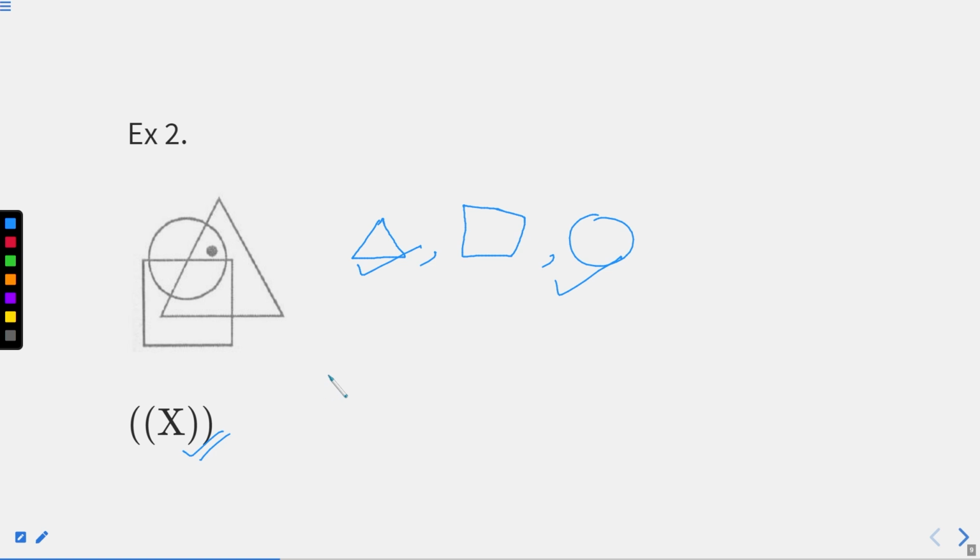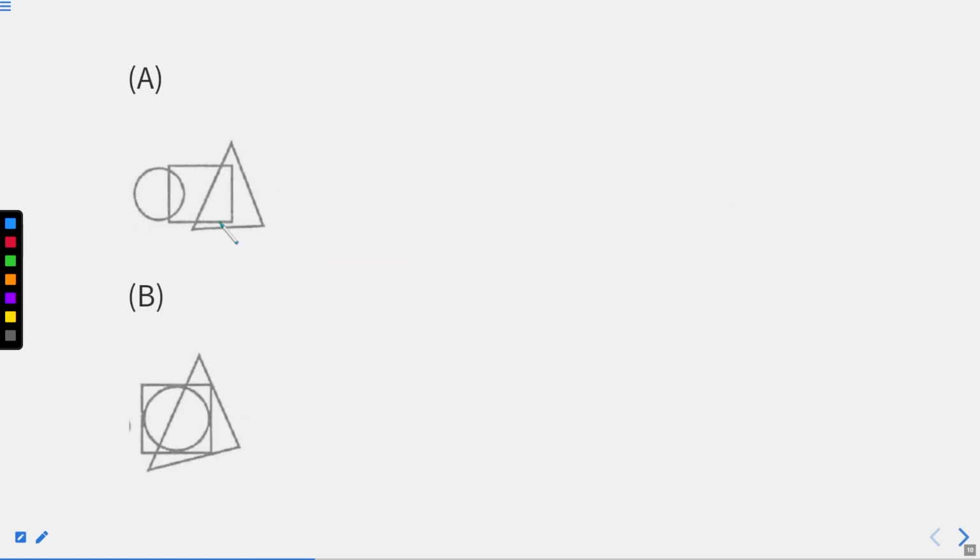Now we need to find a figure where the dot can be placed so that it will be common for both triangle and circle, excluding the square. The similar situation that we saw earlier, right? Now, we need some common area between the circle and triangle. Here it is not, because both the diagrams are separated, right? So this will not be your answer. This will eventually be eliminated, right?